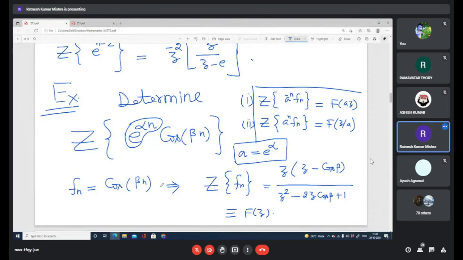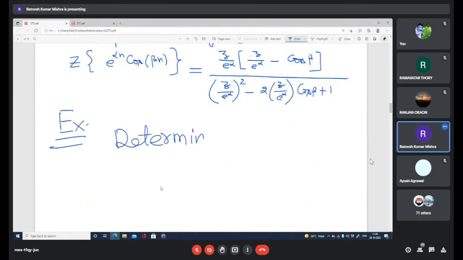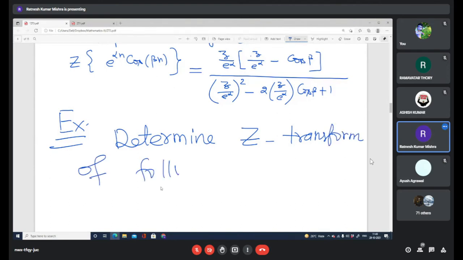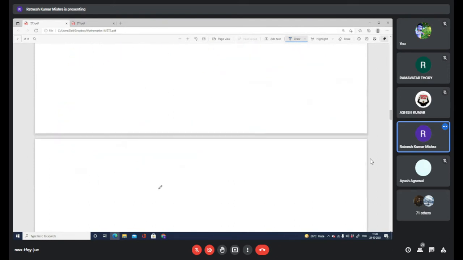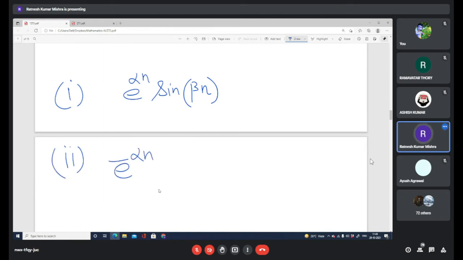अब क्या करें, तो ये एक्सरसाइज: determine Z transform of following sequences. तो इसको ऐसे चेंज कर लेते हैं: e power alpha n sin beta n, second e power minus alpha n sin beta n. ठीक है,